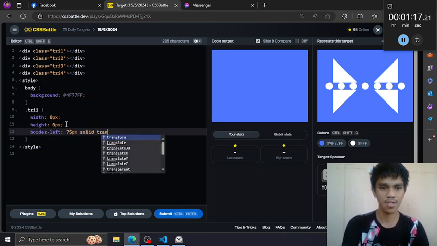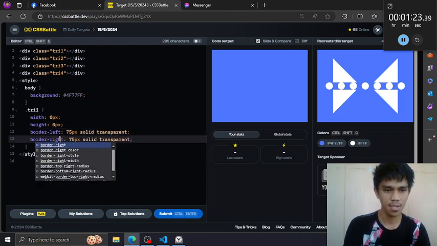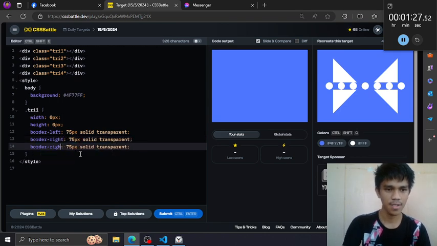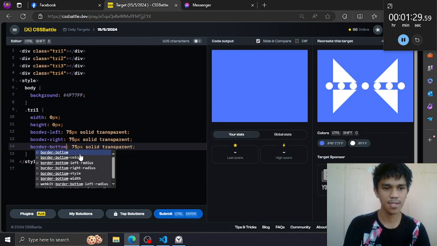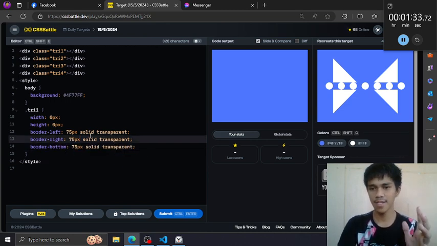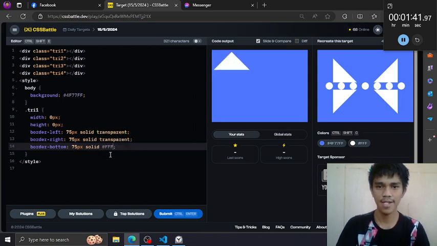So transparent, copy this for the right and copy this for the left, bottom as its base. So unlike the left and the right, the bottom has a color that is not transparent. So the color we can see in the screen like that.